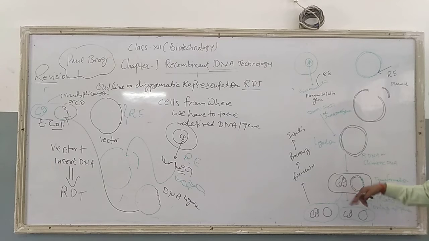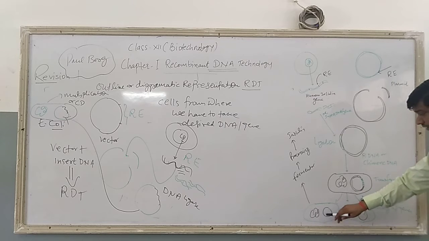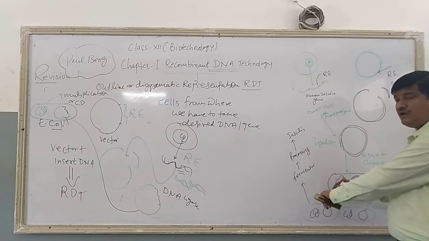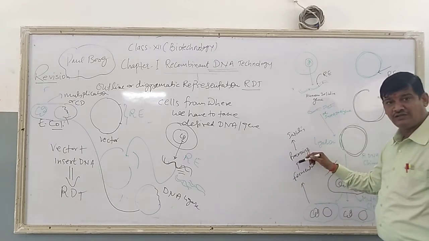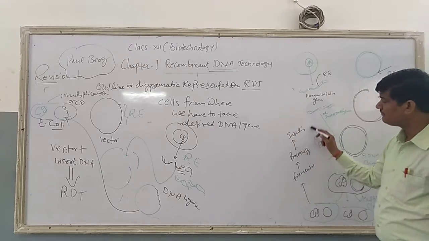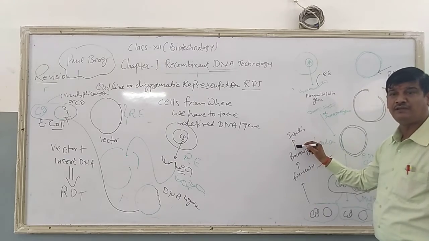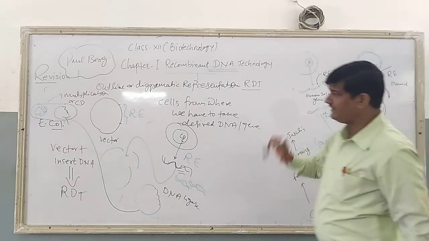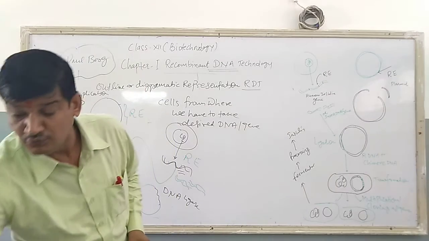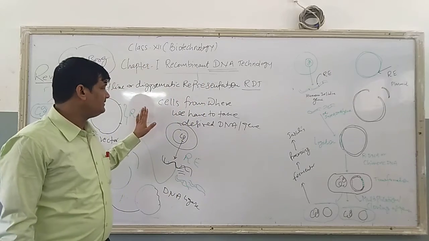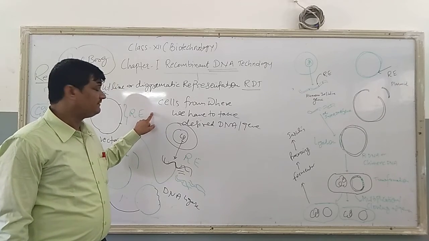Now the bacteria will multiply. You know the power of cell division in bacteria is very fast. Within a minute it can make hundreds of copies. So all the cells are allowed to culture in a fermenter. From the fermenter it undergoes chemical processing, and through the chemical processing we obtain the crude form of the insulin.